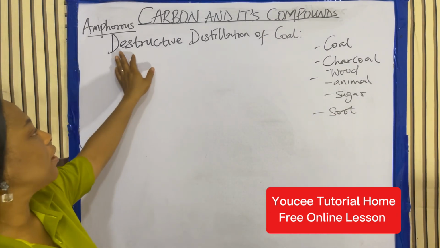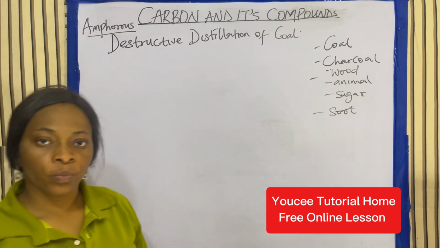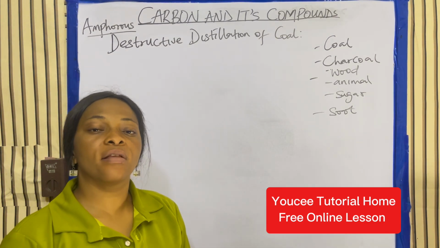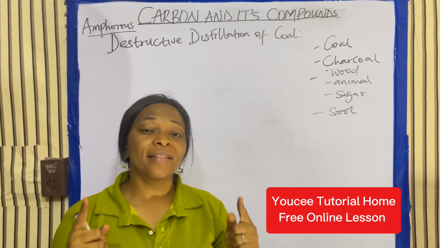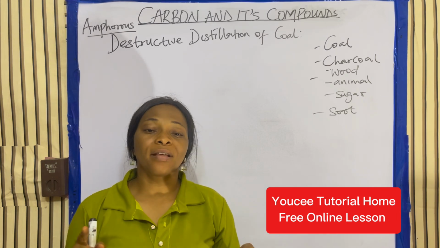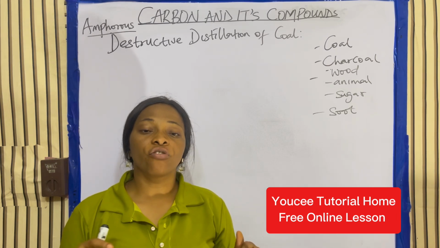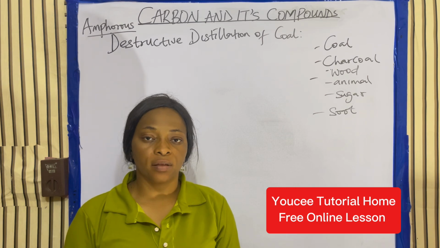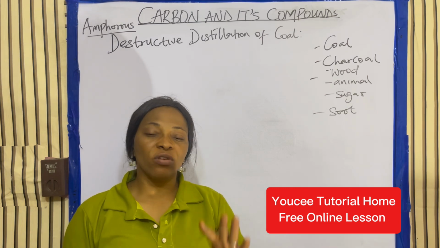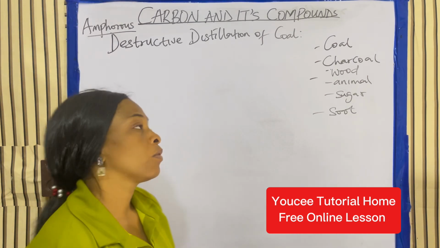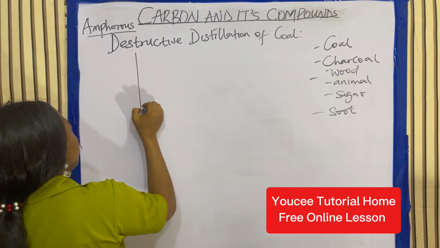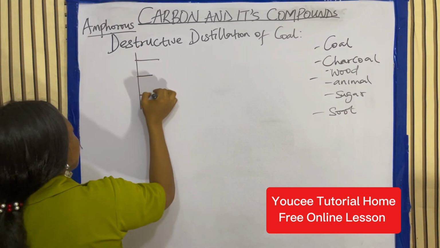Okay, so we'll be looking at destructive distillation of coal. What is destructive distillation of coal? It is subjecting coal to a very high temperature and pressure in the absence of air in order to drive away all the volatile constituents. And at the end of the day, it will give you 4 products, which are coke,